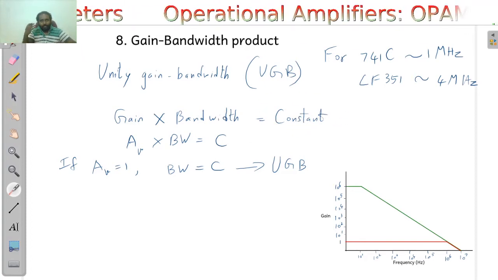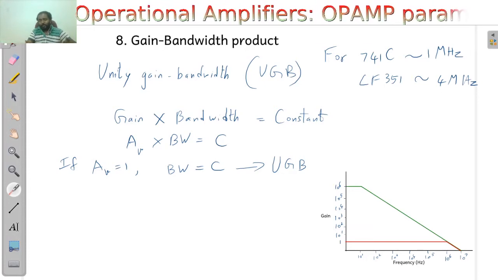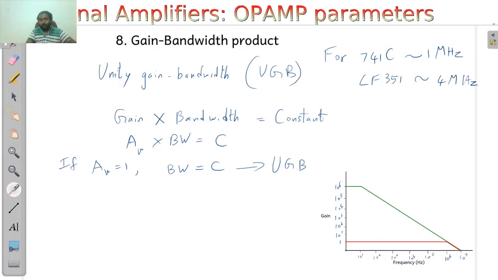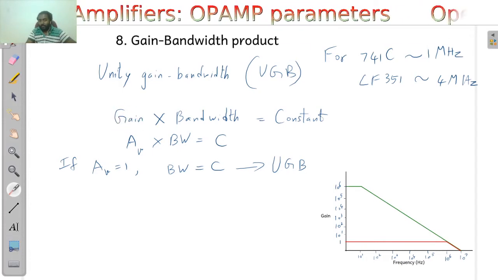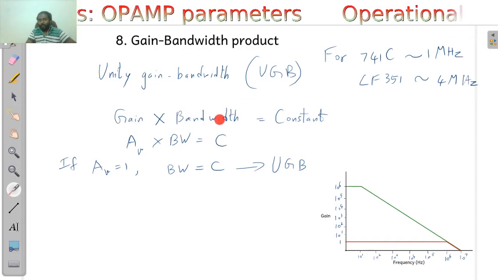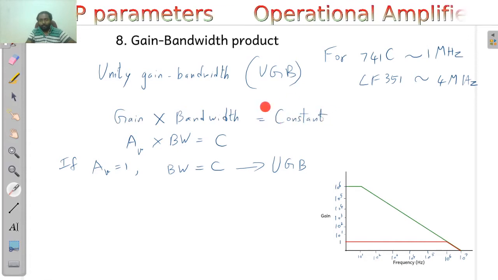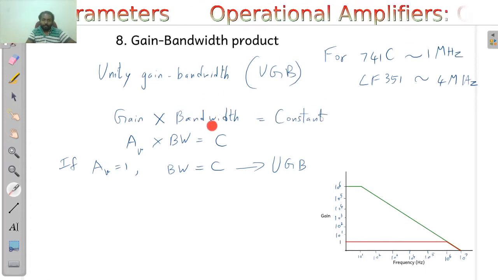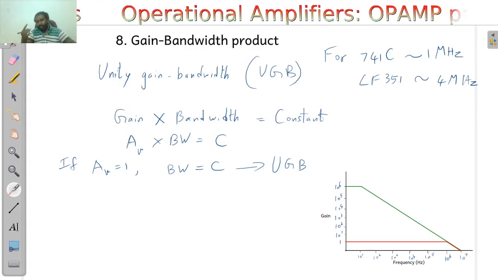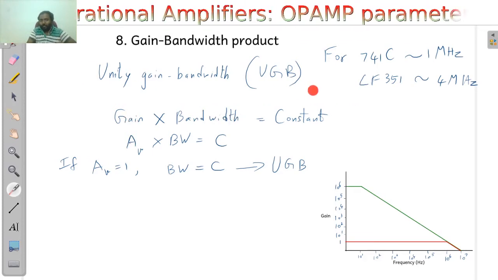So you can give a negative feedback for the operational amplifier in your application, and that is going to reduce the gain of the operational amplifier. So when you plug that gain in this equation, then your bandwidth, you can see that it will be increasing, so that the gain and the bandwidth product is a constant. So in order to make this a constant, the bandwidth will go on increasing. Suppose we are decreasing the gain and we are keeping the gain equal to 1, then what is the bandwidth? And that bandwidth is called unity gain bandwidth.